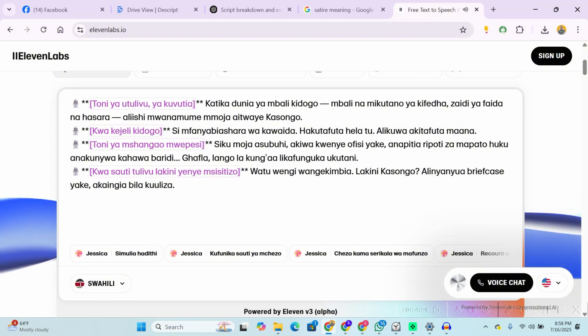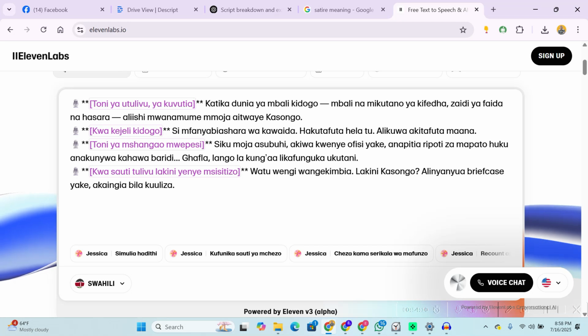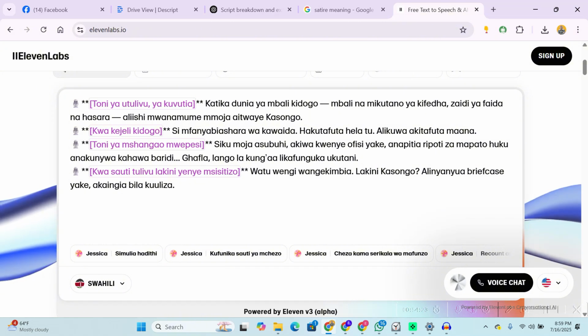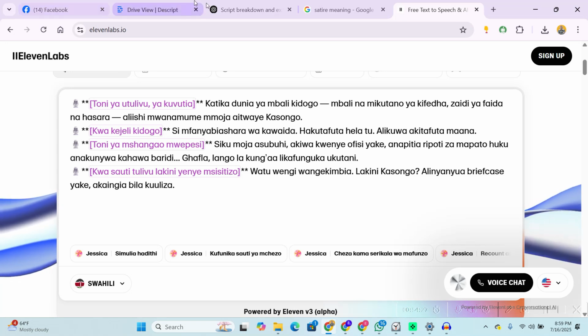Yeah? What do you think, ladies and gentlemen? How many people can actually get to do something like this? Yeah? Someone is saying that this world is so fake. Yeah? So you can imagine you can teach wazungus Kiswahili by doing this. Right? Ati nimesikia Kasongo. So, that's something to think about. Like, for example,